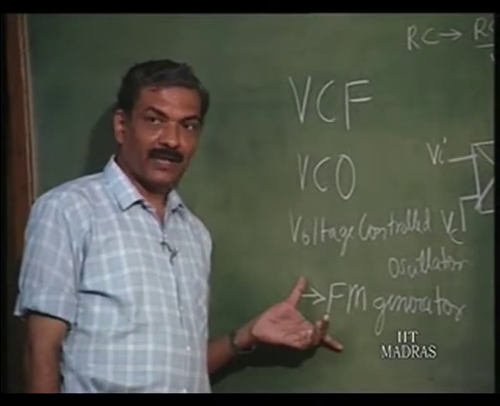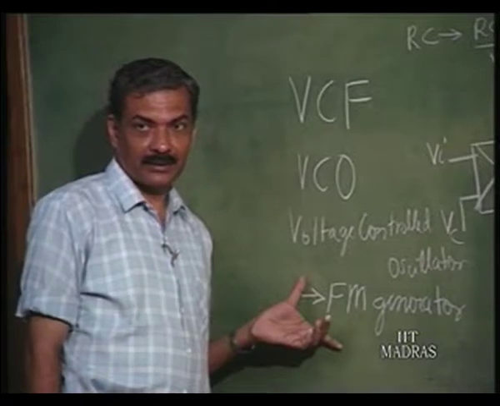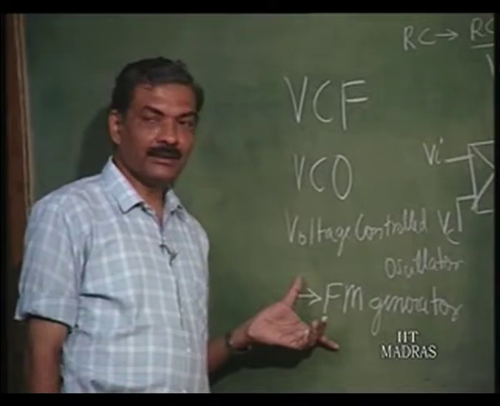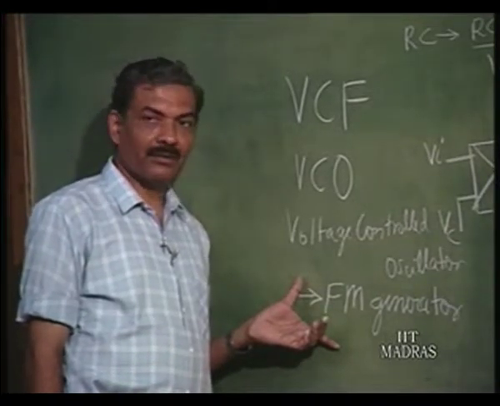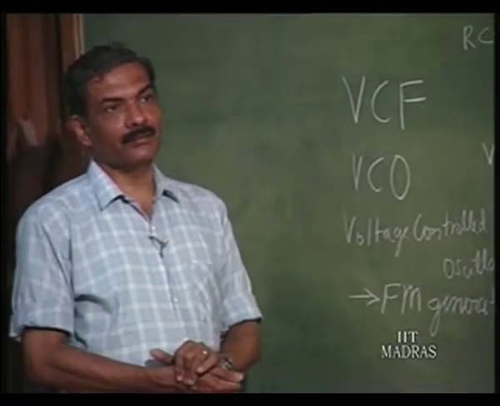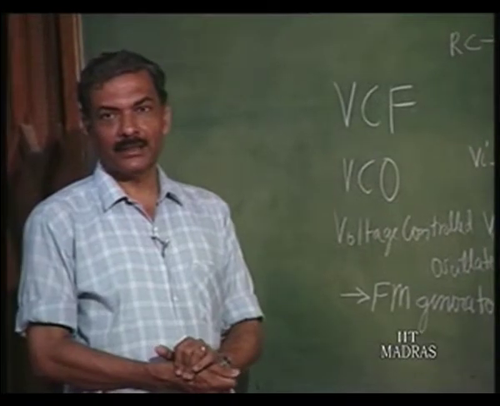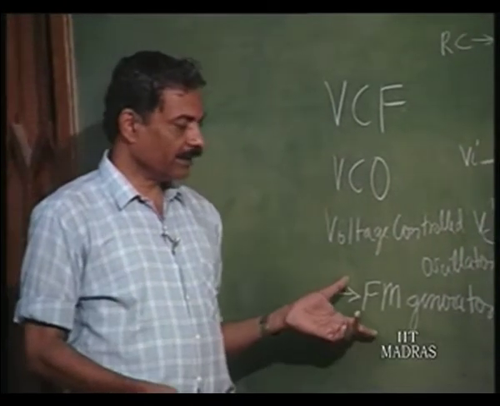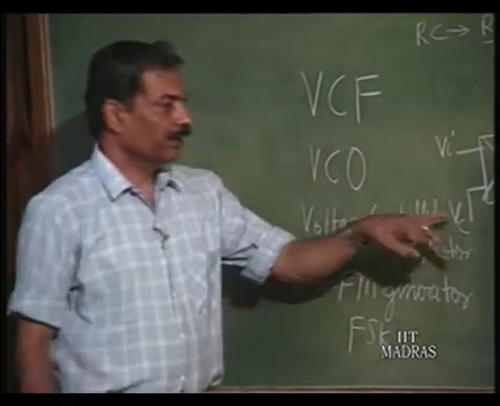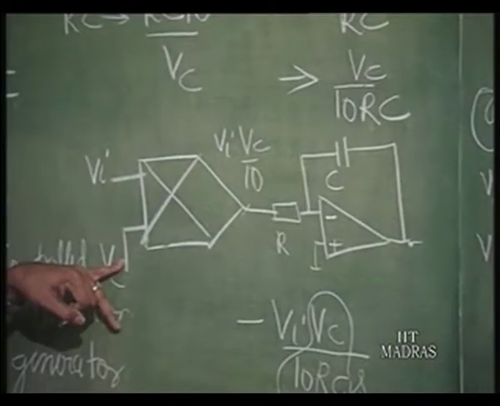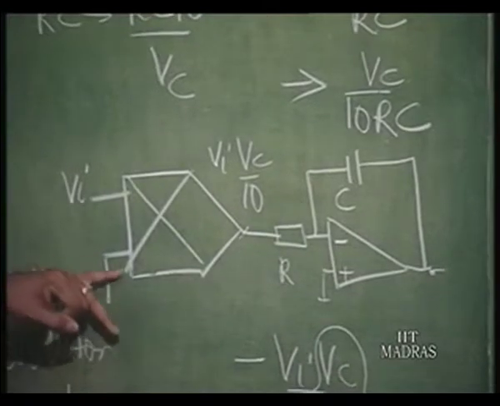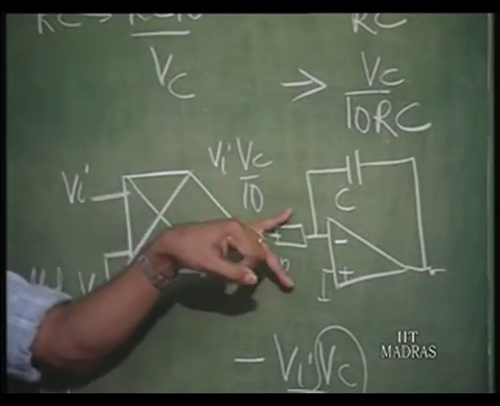This is a linear thing, and therefore, it is a wideband FM generator. This is important, because of its perfect linearity, it is possible to use it for wideband FM generation in things like frequency shift keying, FSK generation. Apply the digital ones and zeros here, with additional DC, then output will be